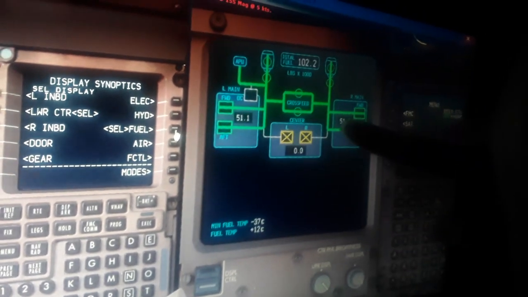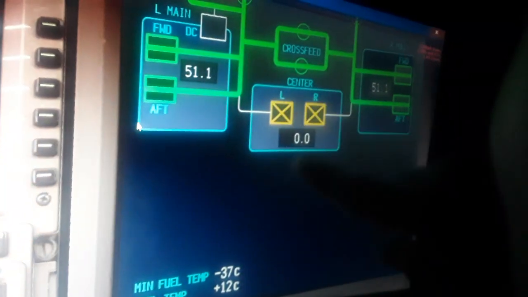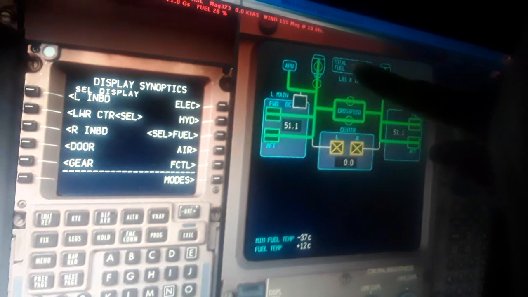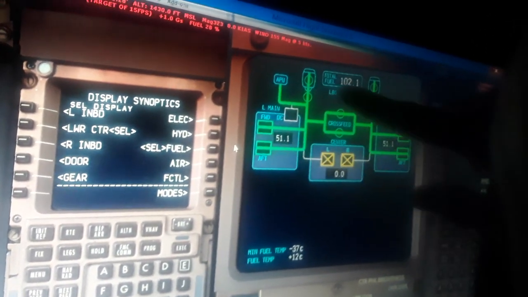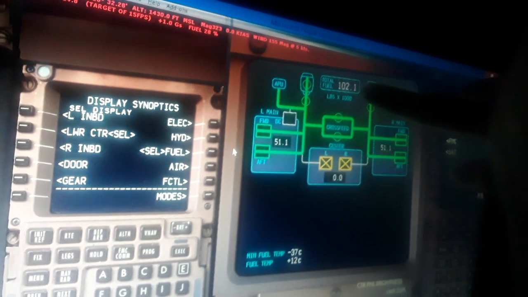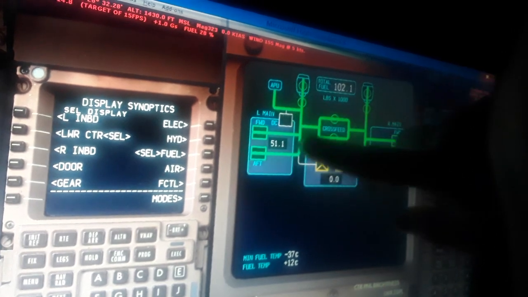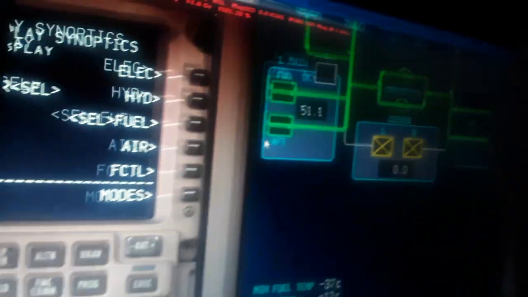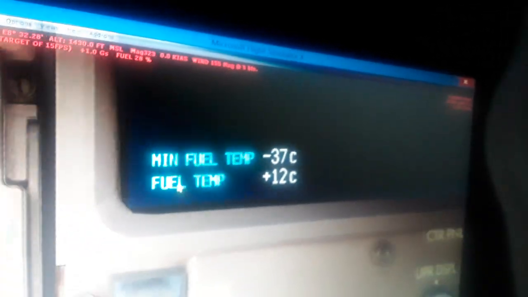Left wing, right wing, and the center body wing tank. You can see the center is empty with yellow crosses. Left wing 51,000, right wing 51,000, total 102.2 thousand. Cross feed valves on, forward and aft pumps on. You can see the flow of the fuel, low and high pressure, left and right engine, and also the APU is fed from the left wing using the left direct current motor. Also you can see the minimum fuel temperature here, below which the fuel will freeze if you fly at high